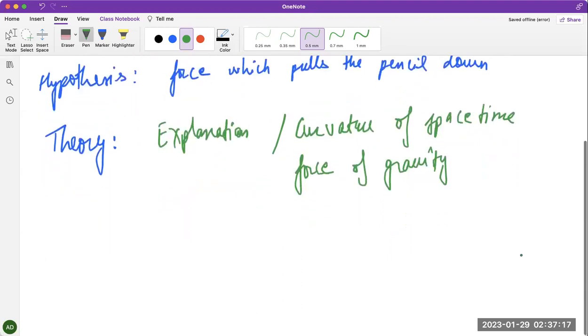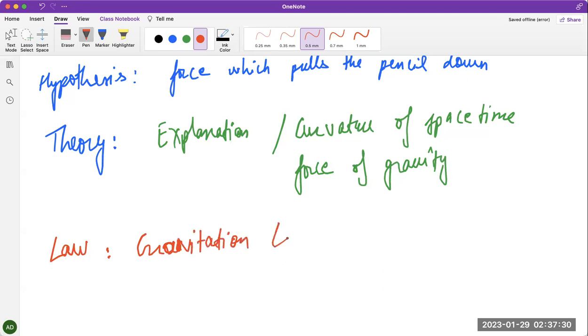Now, what will be the law? So that's the next thing, the last thing we're going to learn here. The law is the gravitational law, right? So the gravitational law basically is a statement which is going to summarize the relationship between the variables. So the law of gravity just says that any matter